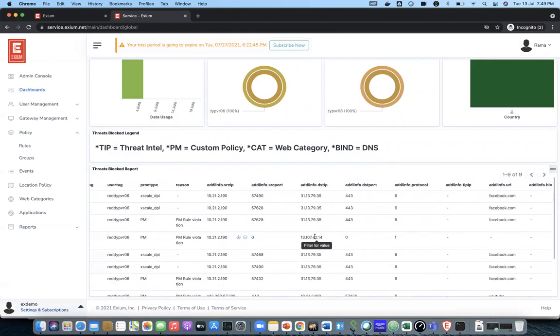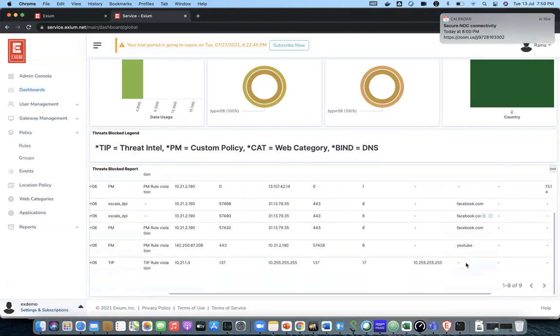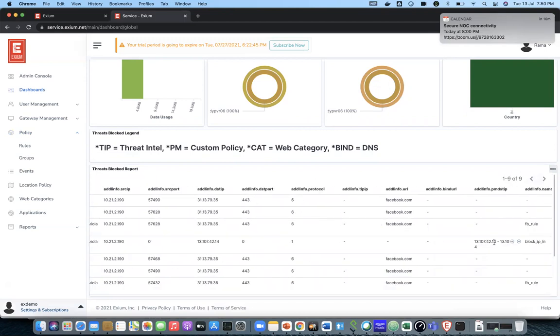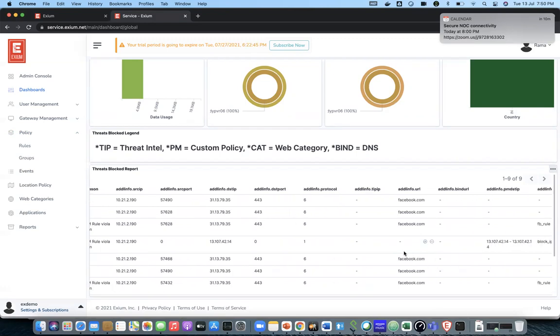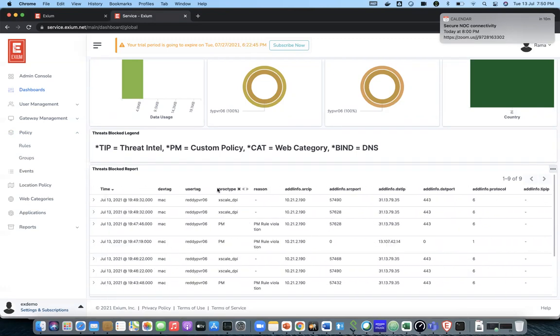This is where you'll see my facebook.com got blocked, my YouTube got blocked, and the IP address I tried to ping also got blocked. You can see different URLs and IPs which are blocked, so that whole detailed report can be seen over the dashboard.